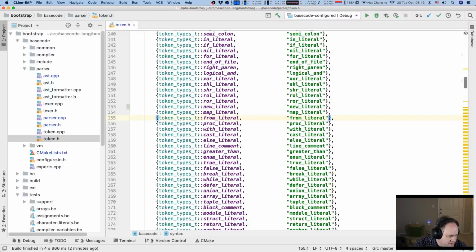Memory management is entirely manual in Basecode Alpha, so pretty much the same as what you would expect. Stack-based things get unwound with the stack.